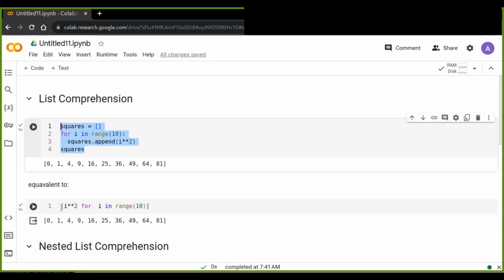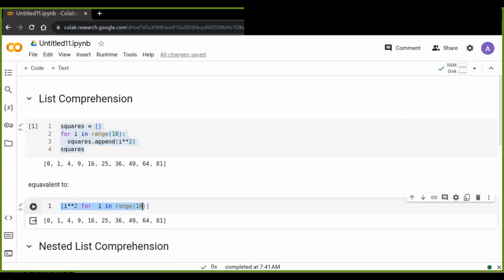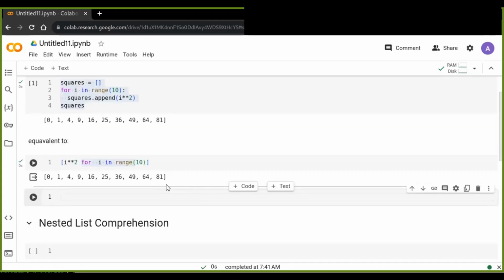List comprehension is also considerably faster than processing a list using the for loop, and it is more concise and readable. A list comprehension consists of brackets containing an expression followed by a for clause, then zero or more for or if clauses inside that bracket. So the result will be a new list resulting from evaluating the expression, that looks like this. For example,